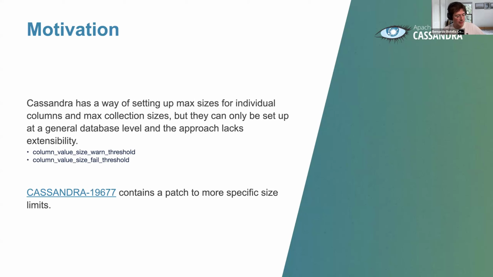And currently, Cassandra has these guardrails that will allow you to set database-wide general limits for a column. Now that could help, but maybe that's not enough for other use cases, because these again are general thresholds for the entire database, and they don't allow any granularity.